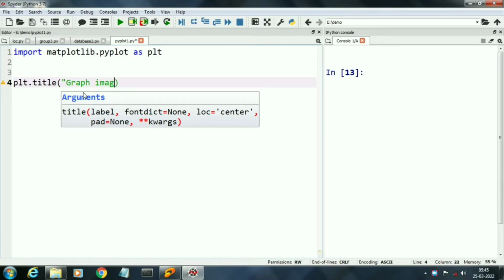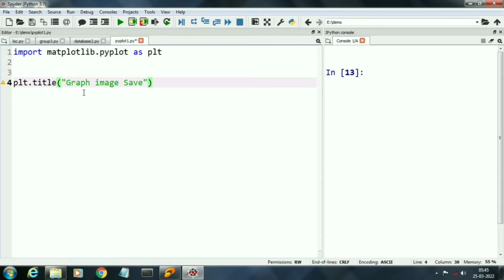Next I will create two lists. The first list will show the x direction and the second list will show the y direction. In the first list, we will include the numbers 1, 2, 3, 4, 5, 6, 7, 8, 9, and in the second list, that is the B list, I will double all the numbers given in the A list.